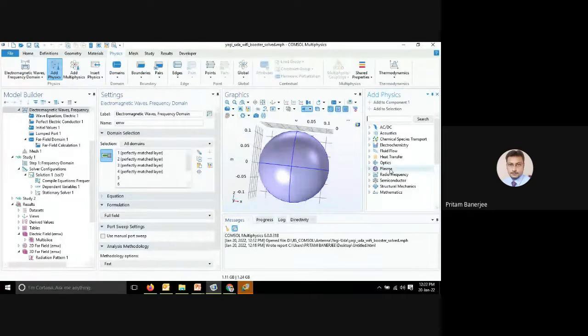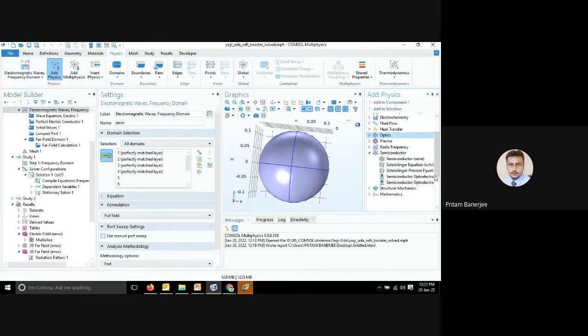So for specific physics, okay, for semiconductor, what could be the best suitable physics for you? For structural mechanics, what could be the specific physics that you want to incorporate? For heat transfer in solid, okay, if heat transfer in solid,